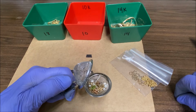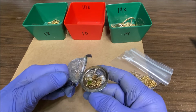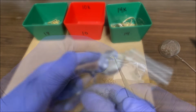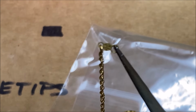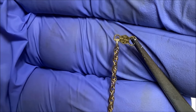Save the little stuff, the little clasps and earrings and stuff like that, and clean this up and save it, and either resell it or put it away for a rainy day. You can zoom in on that so you can see the marking. It says 1/20th